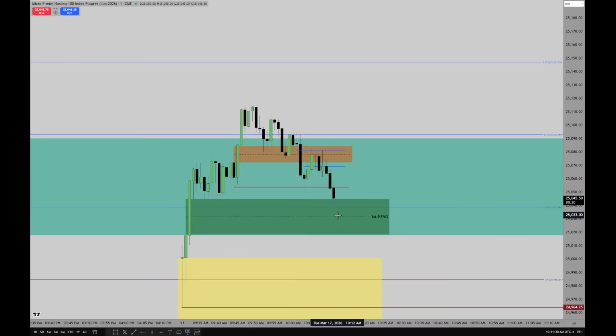Okay. If it's weak, it would trade through consequent encroachment of that and then lay bodies down inside this portion here. Once it does that, then this should act as inversion fair value gap to set up the likelihood of maybe using consequent encroachment of this discount wick again. And then we would have to watch and see, does price want to trade on a closing basis below that? And if it does, that would open the floodgates to get to sell side down here on regular trading hours opening range gap low.